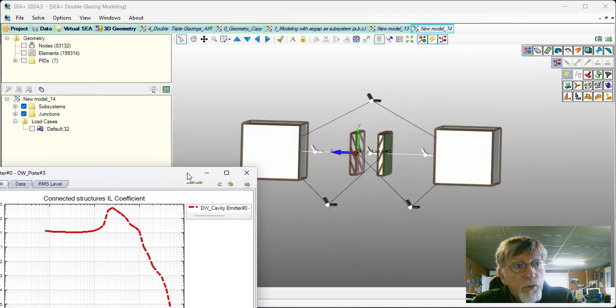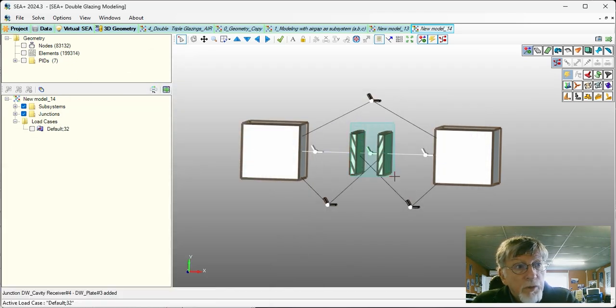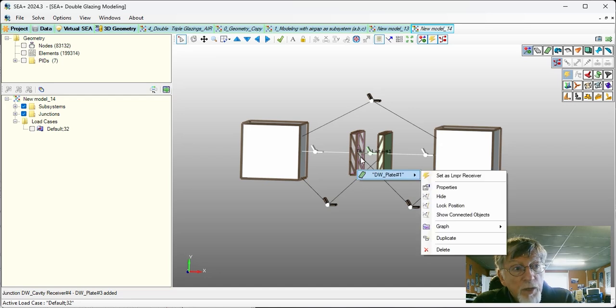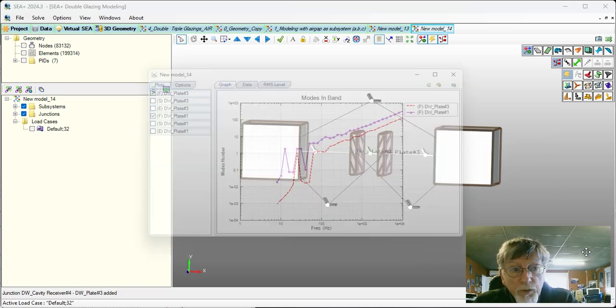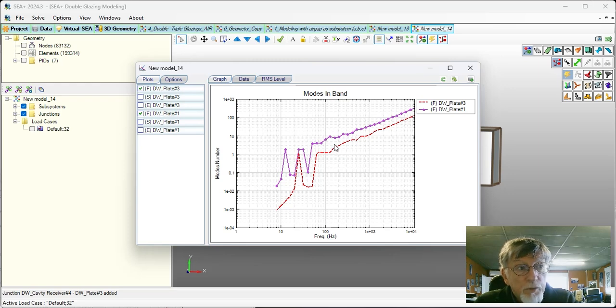And then we have a strong coupling between the transfer matrix approach and the SEA approach. The SEA provides all the parameters of the resonant system, such as modes in band. Here we are in the third octave band, and the calculation is pushed up to 10 kilohertz. The first mode is the lightest panel, a 4 millimeter panel, with a mode around 15 hertz, something like this,